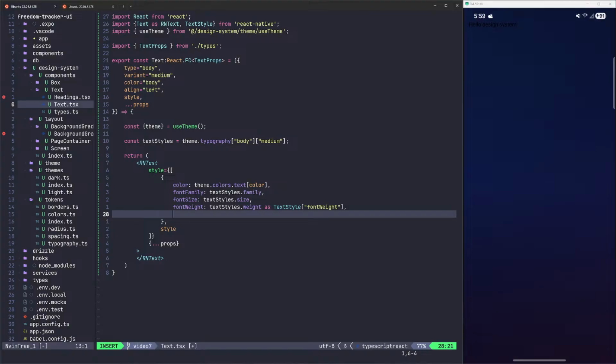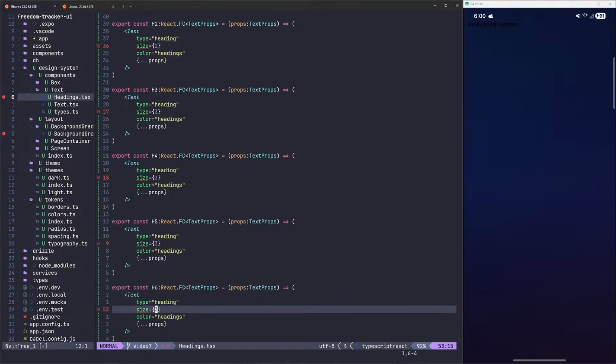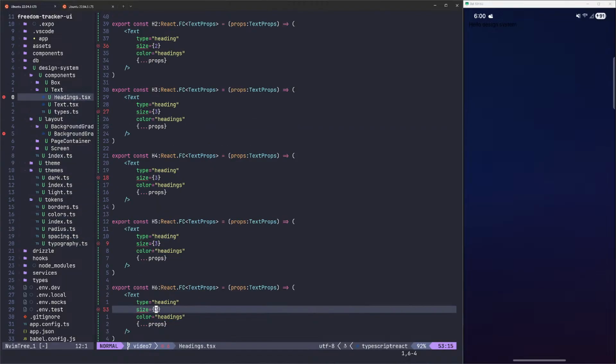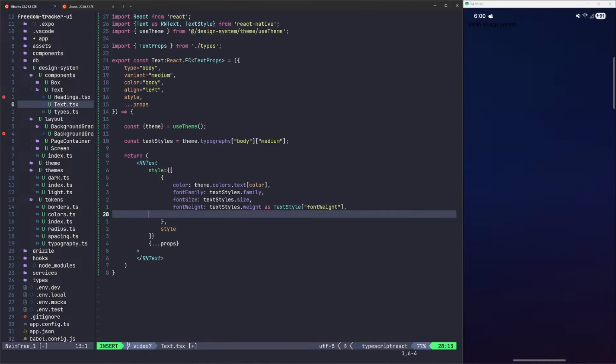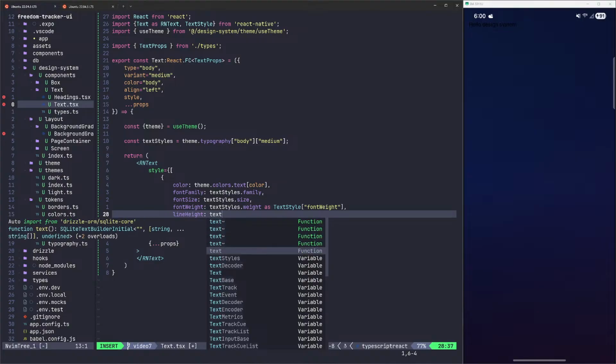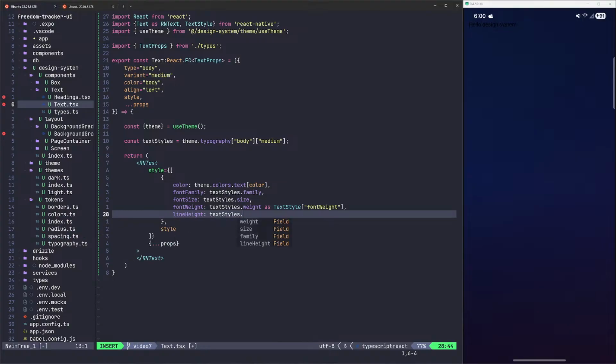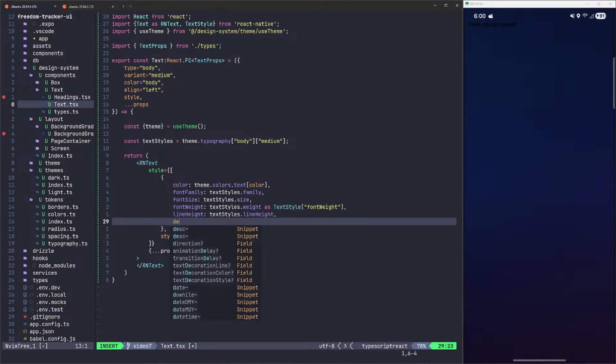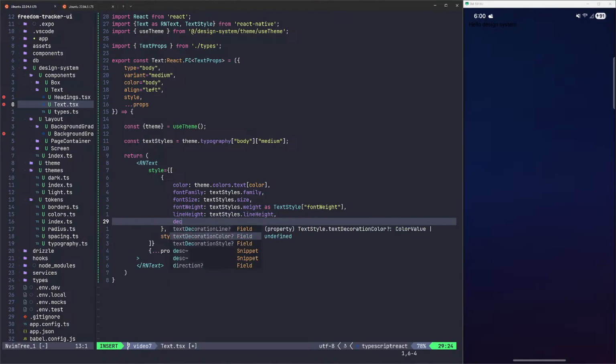We need font weight, font size, color. What else are we looking at here? Forget what else we're missing. But font weight, we need line height. That's the last thing we need. Line height be text styles dot line height, which I'm assuming is probably fine. And then we'll say decoration, text decoration